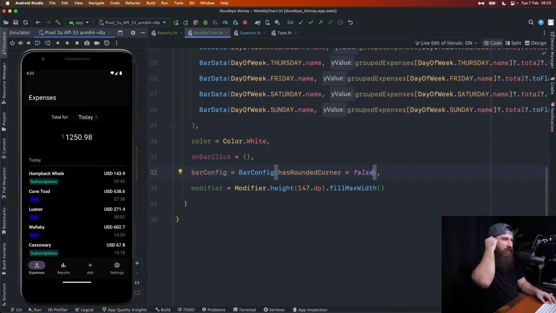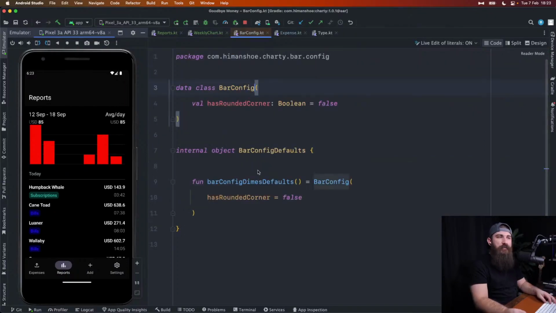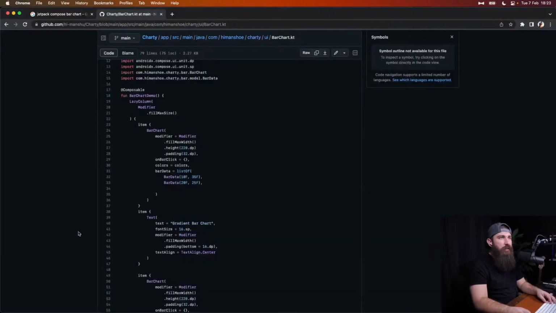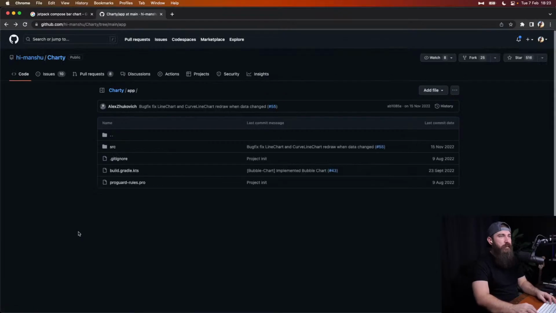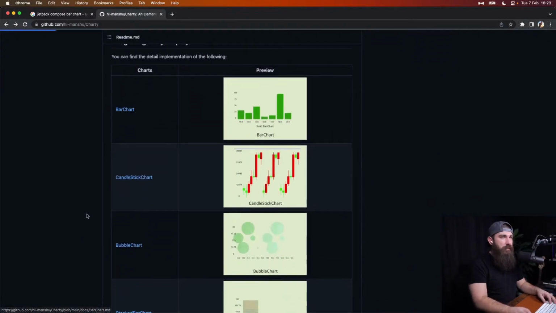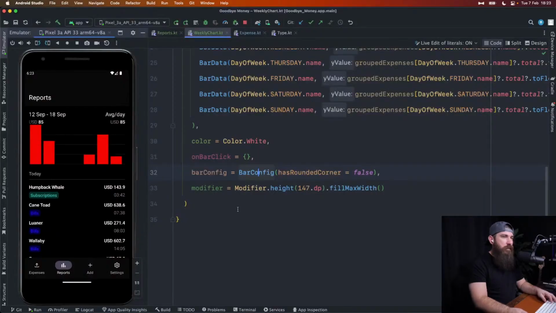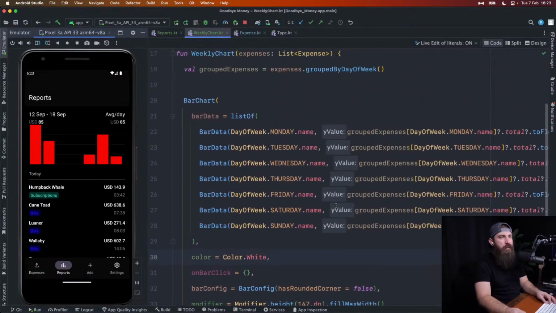Alright, this is not gonna cut it. We have to use something else because I don't see any other ways that we can change the look and feel of the individual bars, just the corner radius. And I'm not gonna mention that on the stream, but